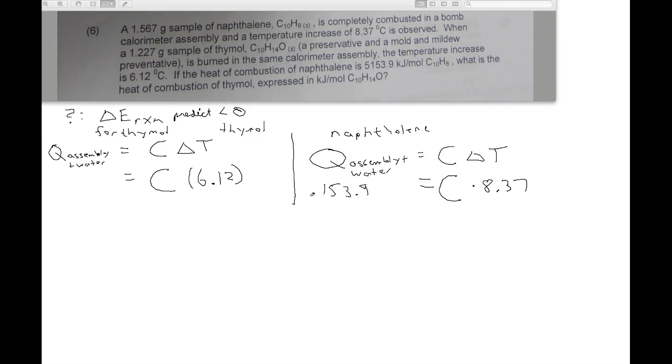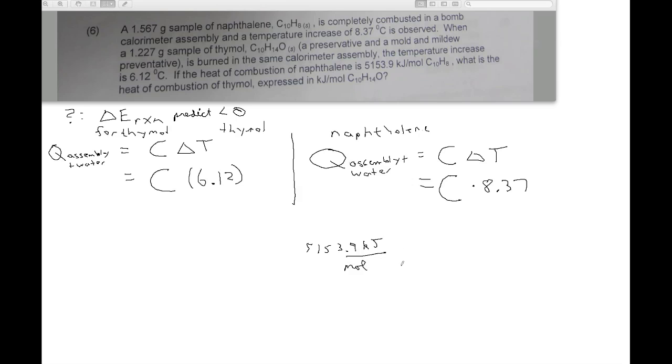So that was a mistake. We can't plug in 5,153.9 kilojoules per mole. We need to plug in the actual amount of heat, not the kilojoules per mole. So how can we figure out what to put in here? Since we know 5,153.9 kilojoules per 1 mole of naphthalene, then we have to multiply, let's see, they give us